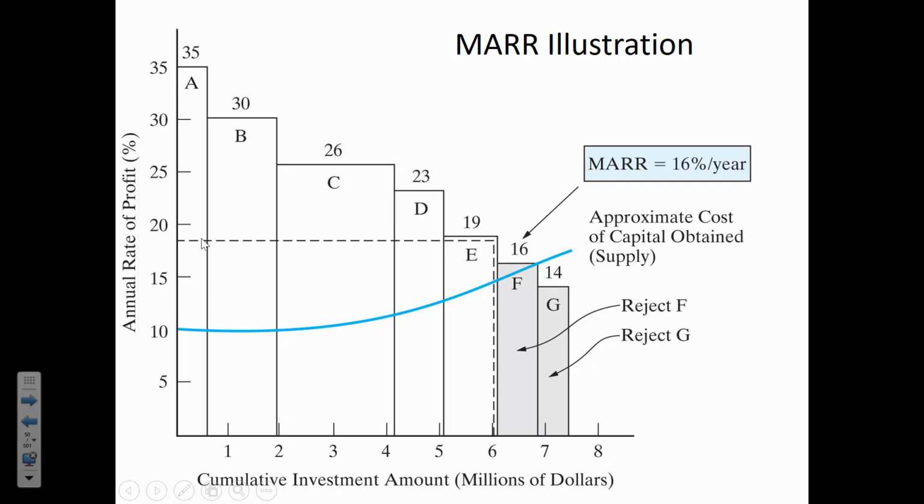Well, it meets our minimum attractive rate of return, it's greater than that, and the rate that we have to pay back the money is much lower, so its rate of return is much higher than the amount of rent that we have to pay on the money. We have set a standard of 16% a year as our minimum attractive rate of return. All right, so he's got it. The criteria that we say yes or no is